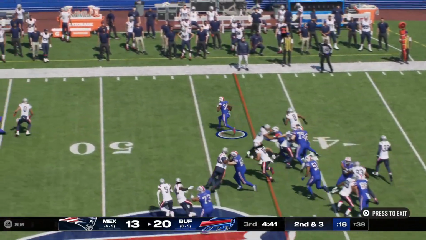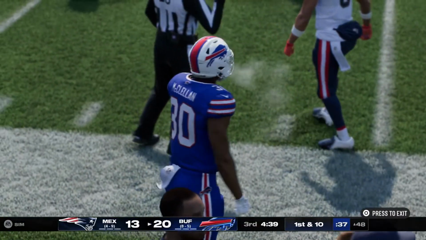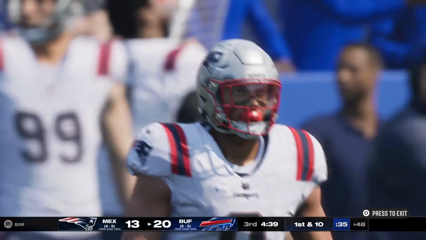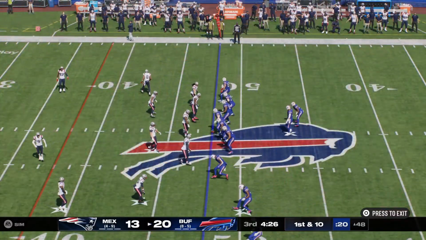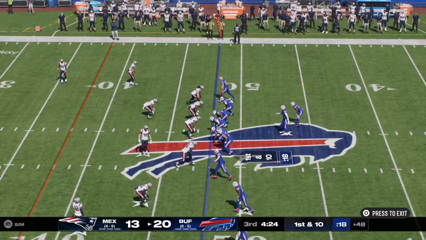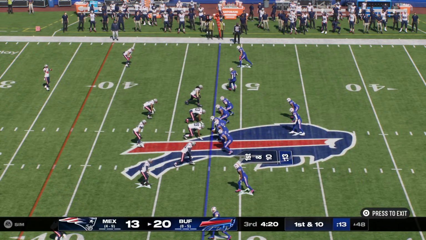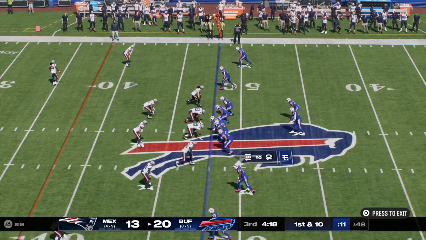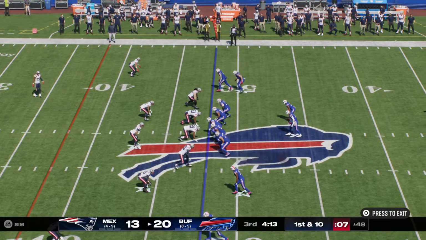A run. It's McClellan. He'll take this to the other side of midfield before going out of bounds. It's a gain of 13 and a Buffalo first down. We often give credit to the O-line there. 2 tight end formation. Those tight ends block pretty well also. Yeah, and that's one of the most dynamic positions in football now. The tight ends who can block at the line of scrimmage at the point of attack, and they can also get downfield and catch the football.